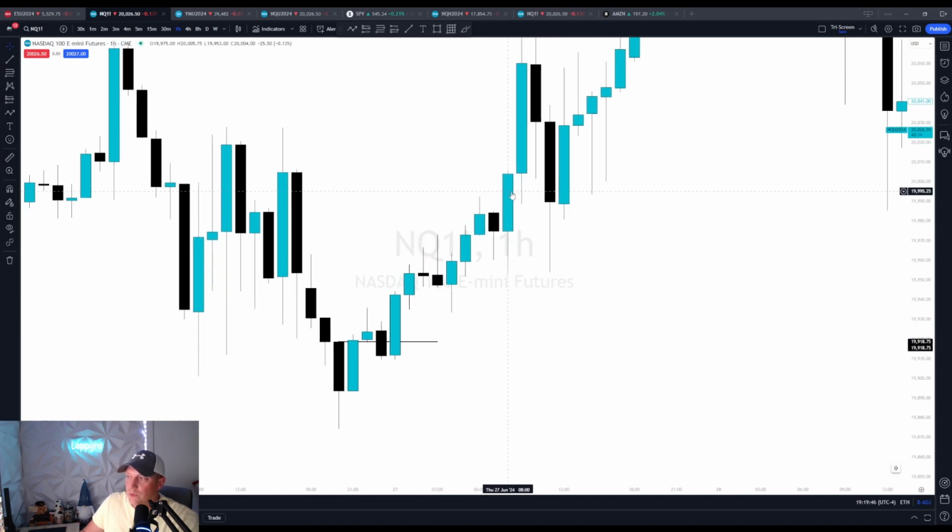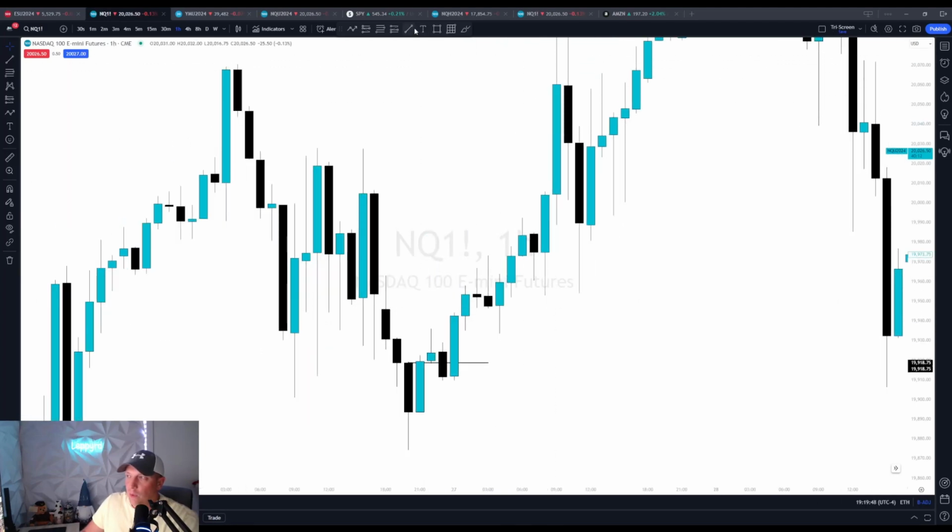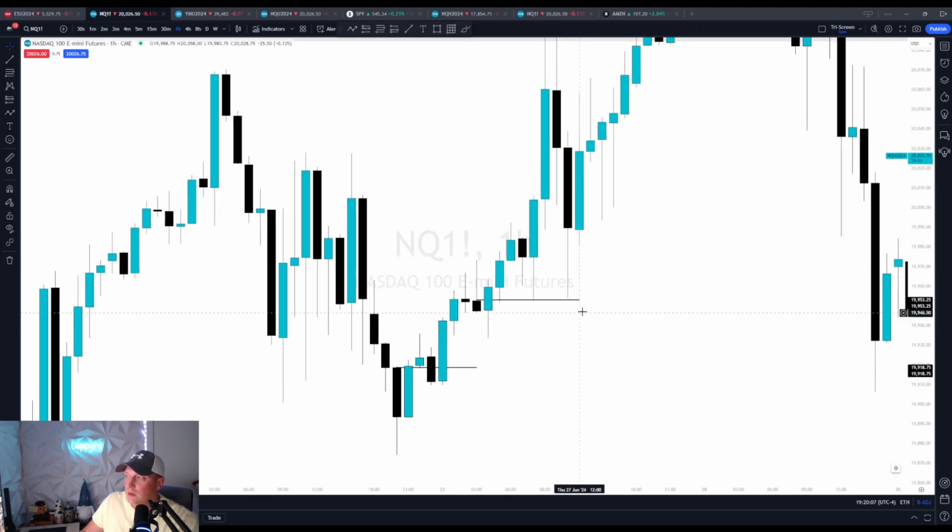And then what? We turn right into order blocks. You see, we get a close above this. That's not what I wanted. You see, we get a close above here. Look how price respects the wick of that order block. Comes back down to the open of that order block, and then off we go. And then just the same thing, right? And notice,